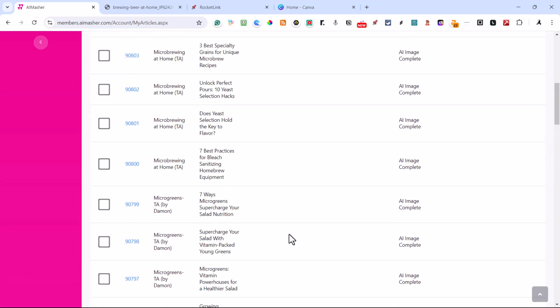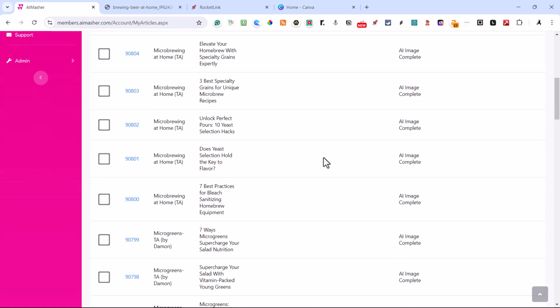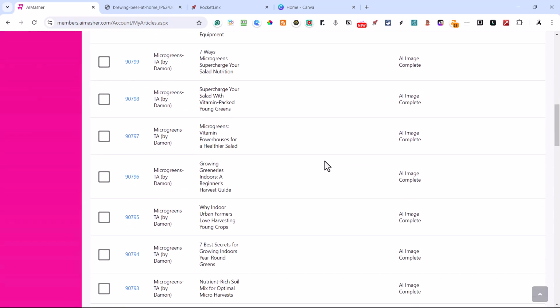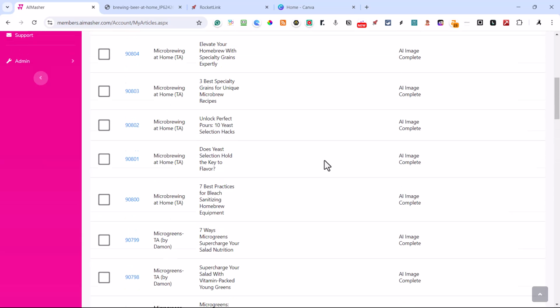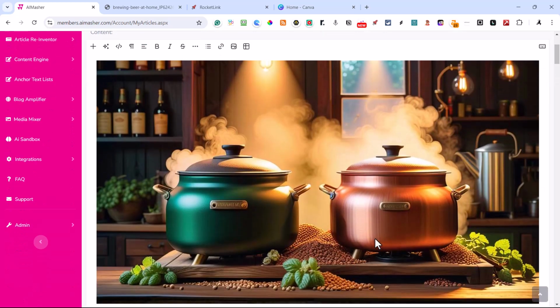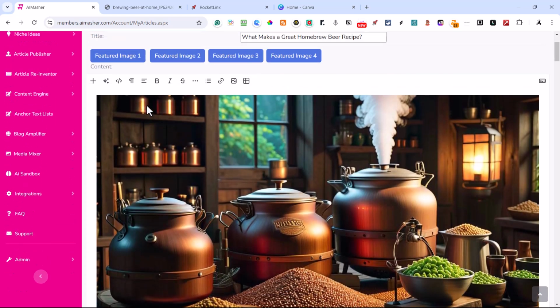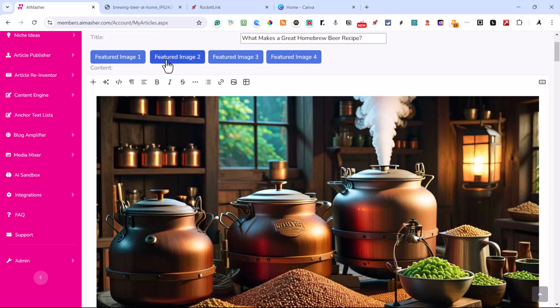Okay. Now, while I'm in here, I'm going to do one more thing. We're still looking, see where we're at on our microbrewery. Okay, all AI images are complete. Okay, that looks good. So let's take a look at one of our new ones. Okay, here's what makes a great homebrew beer recipe. Oh, that's an interesting image. Remember, your featured image is the one that will show up in the search. So you want an interesting image.